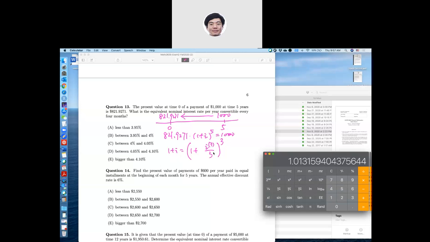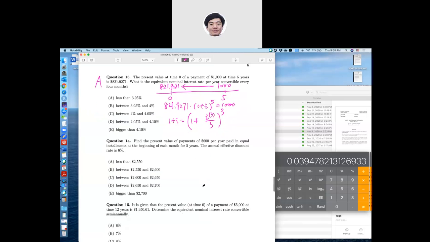Okay, minus 1, times by 3. So this is the answer, less than 3.95, 3.94, okay, so it's A. Here you need to be a little more accurate because 3.95 is one of the threshold lines. Okay, problem solved. 14,